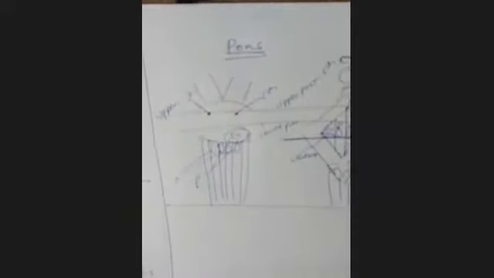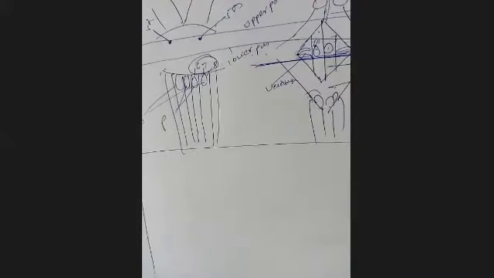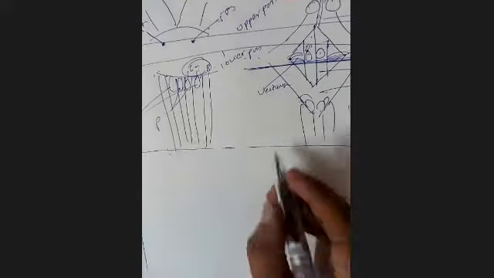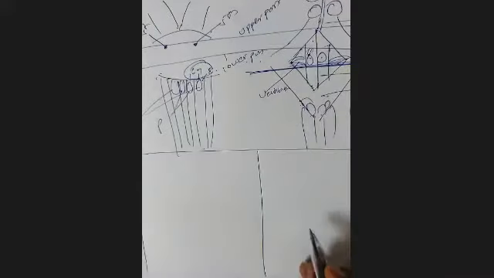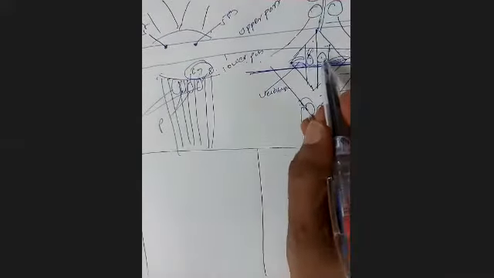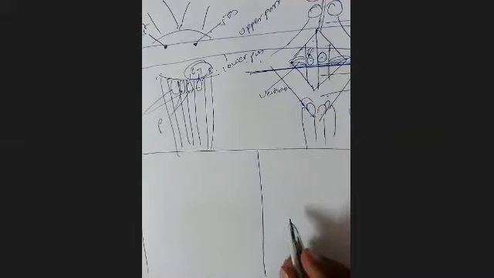Now keeping these two areas in mind, I am drawing the section. Okay. So the first section will be of the lower pons, which will be open. Okay, the lower part of the pons, which will be open. What we see in the lower part of the pons, on the anterior aspect, the pons will be like this.